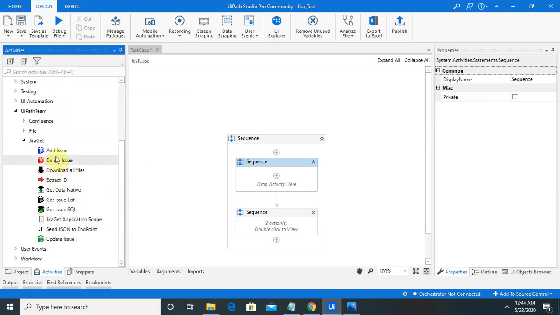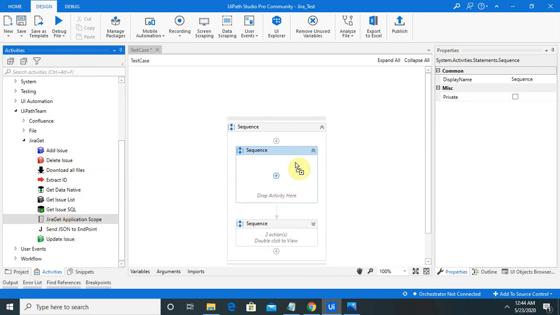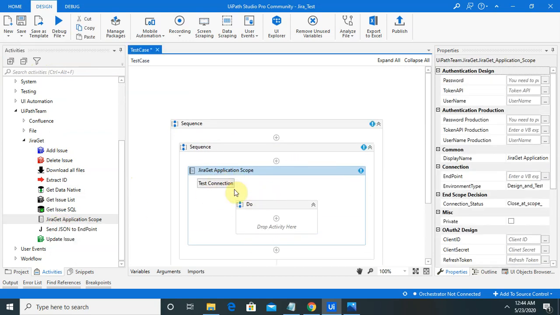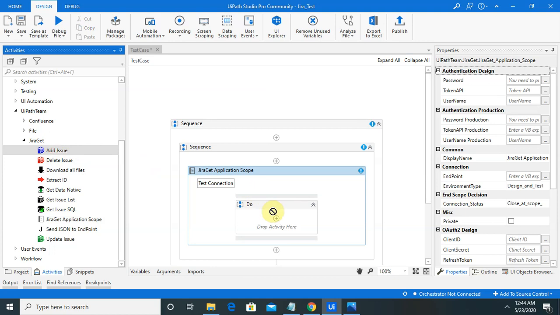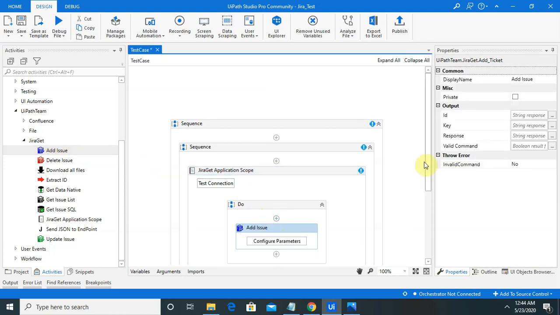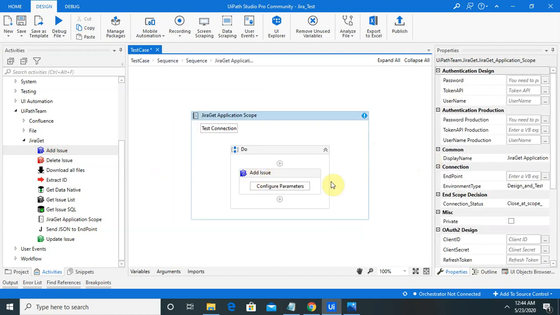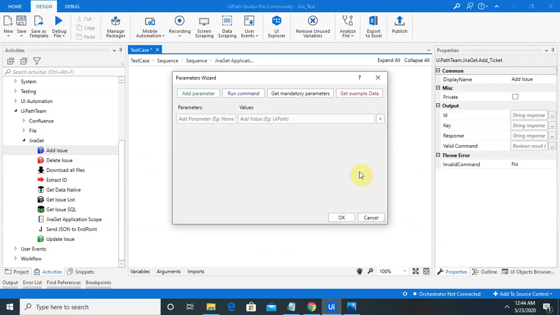For using these activities, we need to select the Jira Git Application Scope first. Here we need to provide the connections, which I am going to explain in the next session. Then if you want to add any issues, drag the Add Issue activity and configure the parameters you will require for adding the defect.